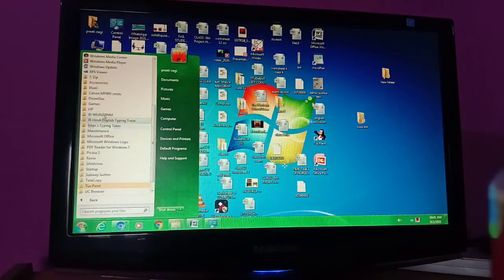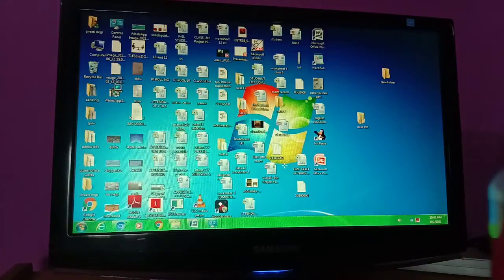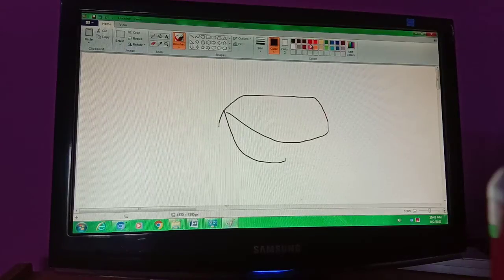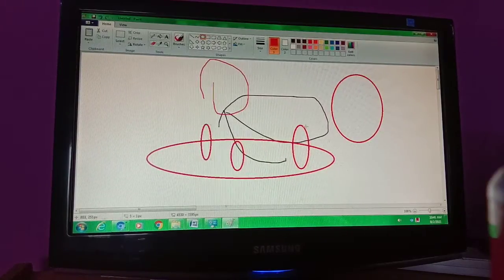Go to Accessories, and there is the Paint program that you learned in class three, I think. You can draw anything in it. So many colors and so many shapes are available here. This is all for your fun.